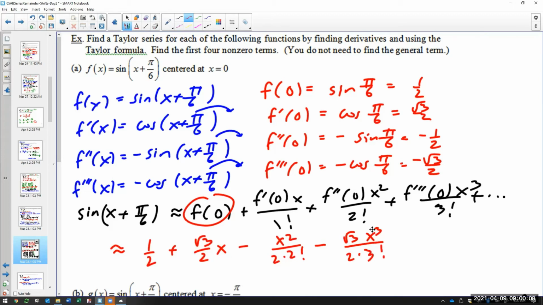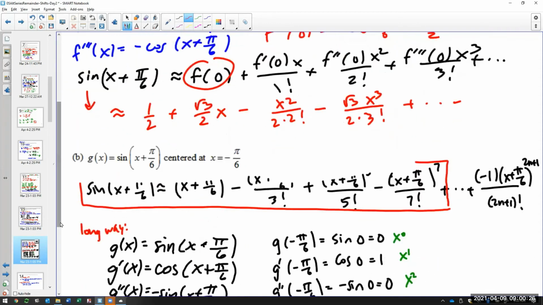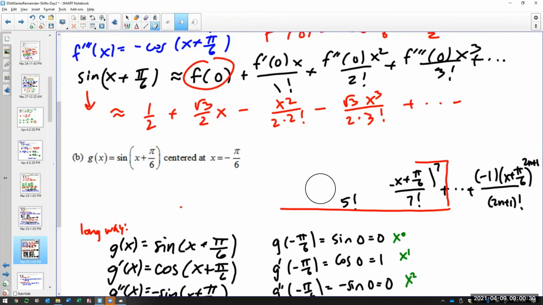And then I just need 4 terms, right? So plus dot, dot, dot. And this is what sine of x plus pi over 6 is equal to, having 4 terms. Is everybody good with that? Okay. On the bottom, since I could actually plug in,